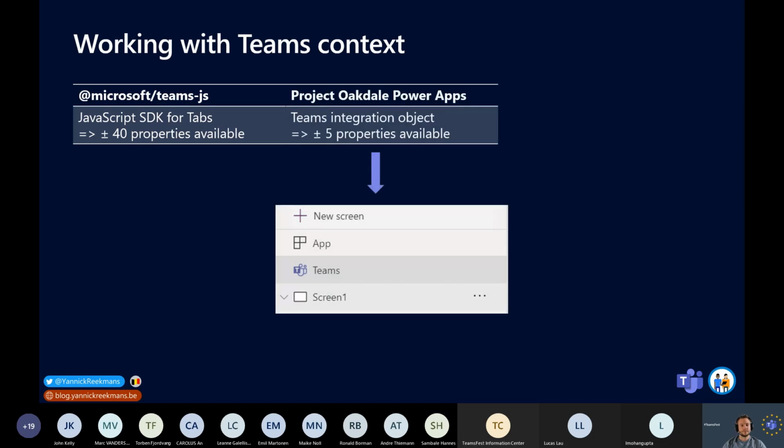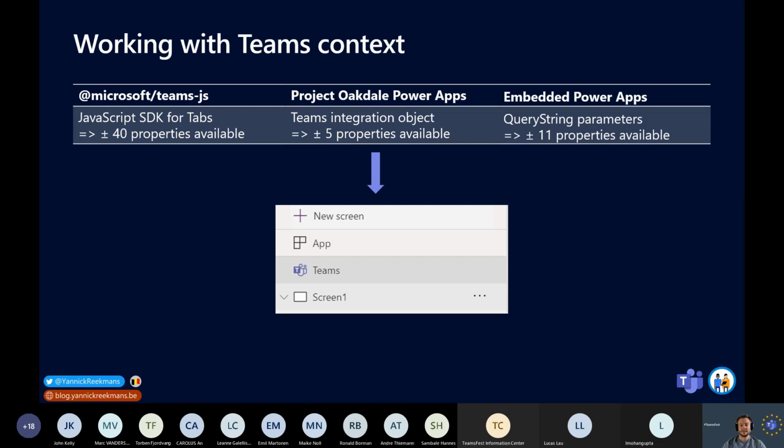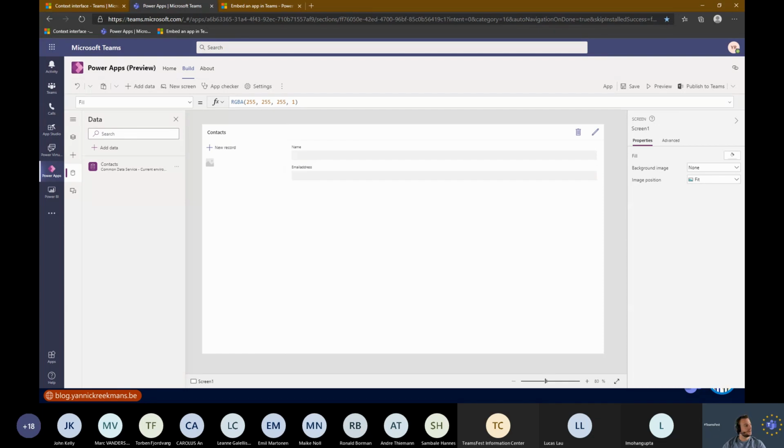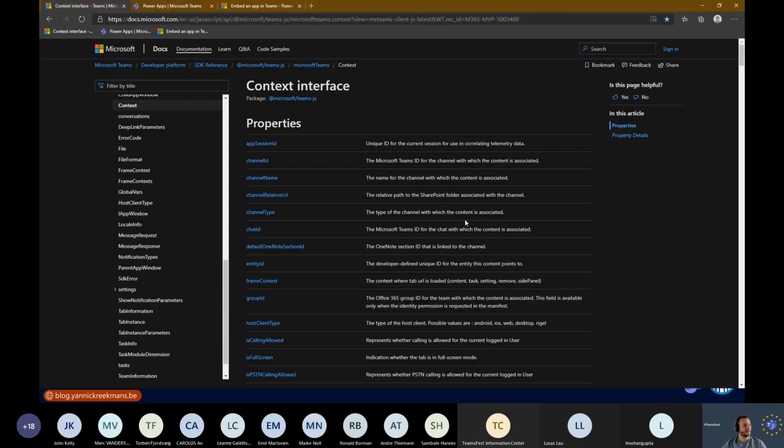And there's the Project Oakdale Power Apps. They have a Teams integration object, which only has about 5 properties available. And then you have the embedded Power Apps, which use a query string parameter approach, which delivers about 11 properties. So if we look at this in practice, if we first look at the custom development, so the Microsoft Teams